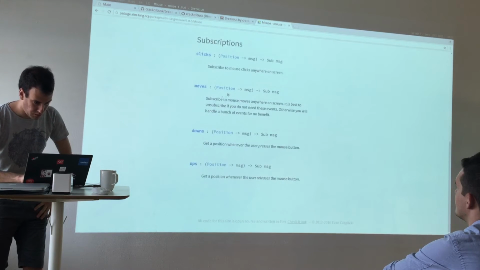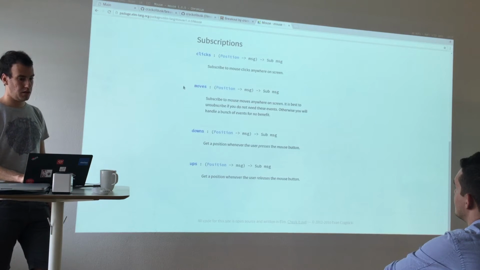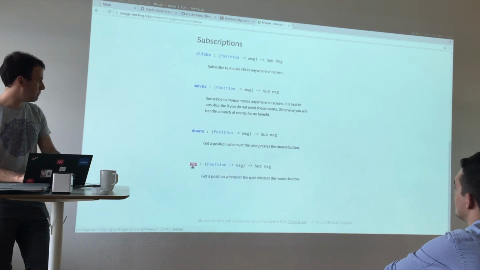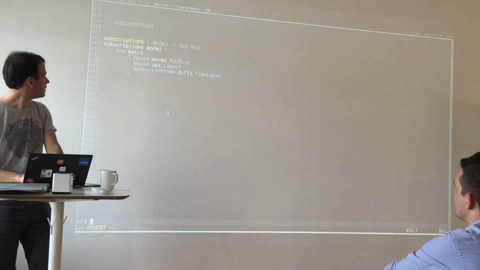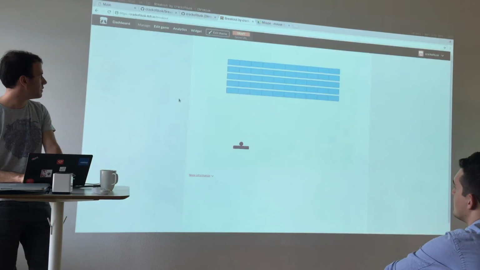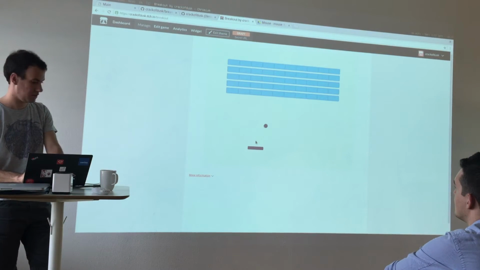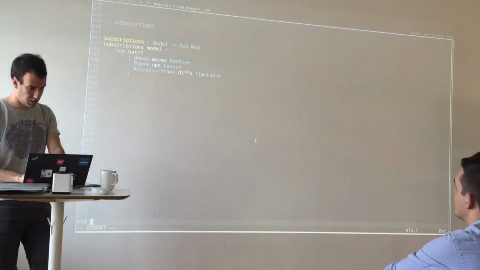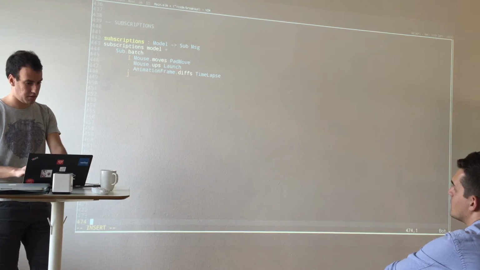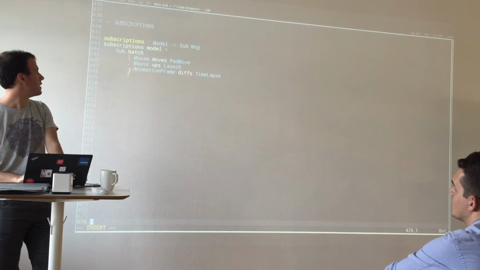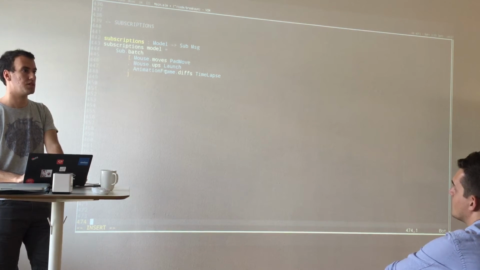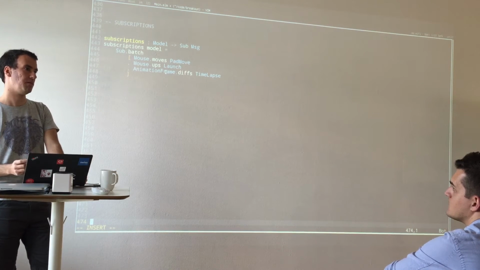Yeah, so this one tracks the mouse movement, and then you have clicks and other stuff. And it also tracks mouse up, so that when I release the button, it actually starts. And then I have the animation frame, so it just calls the request animation frame API,